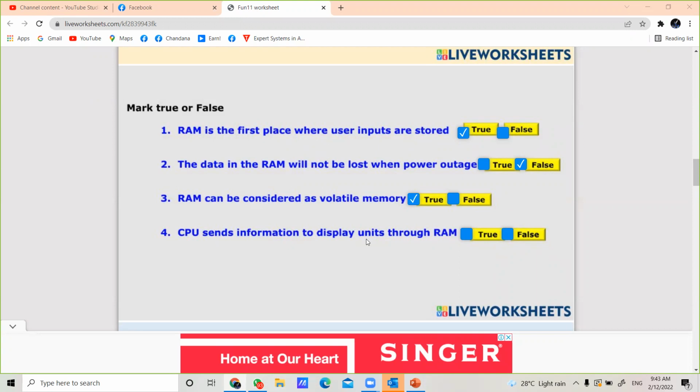If you want to keep this information for long-term purposes, it should be sent to the secondary devices also. Whatever the devices, you send this processed data through the RAM. Therefore, the statement here, CPU sends information to display units through RAM,